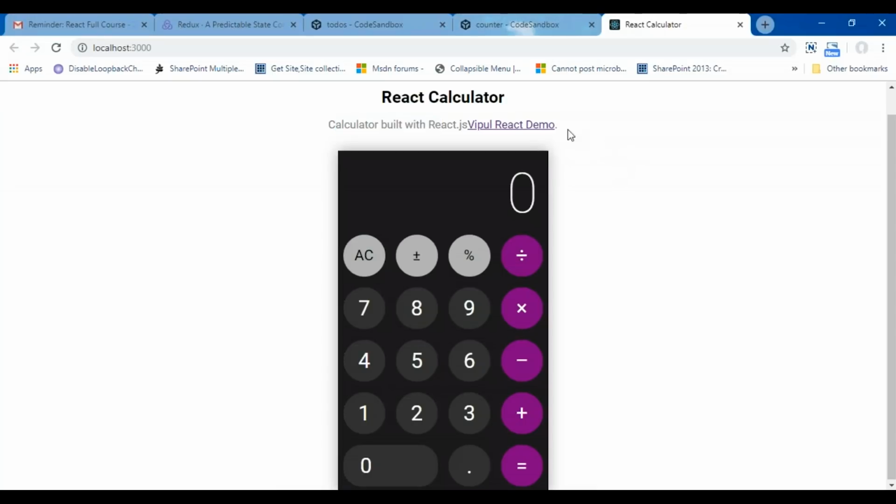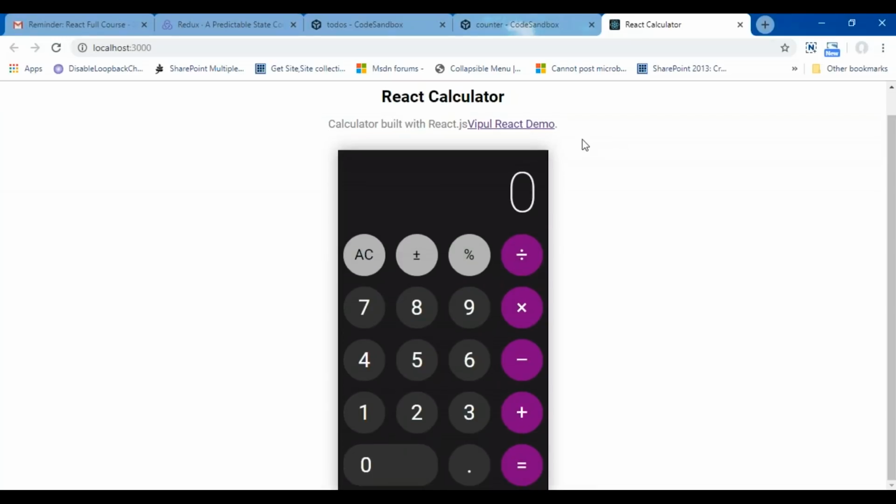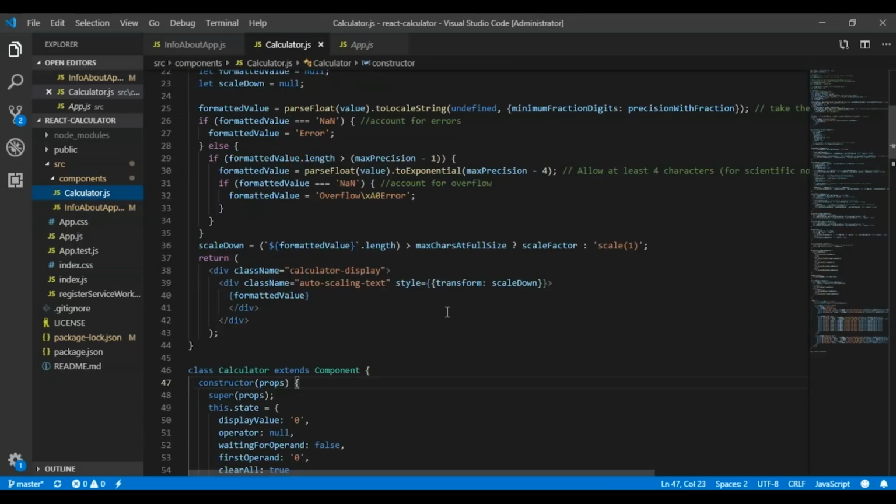This complete top part defines the InfoAboutApp component, as simple as that. Now this other part in React.js has been developed using the Calculator.js component. The reason I am saying this is that you should always divide your UI into different components in React.js.